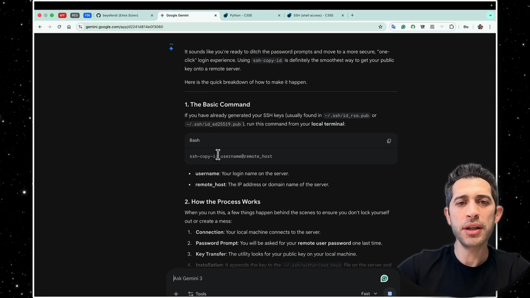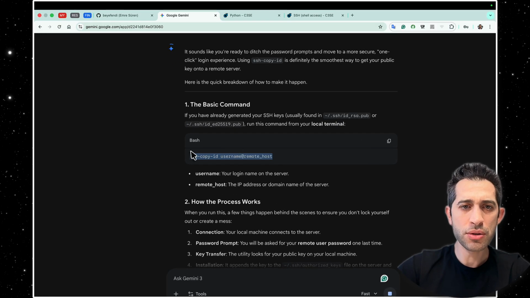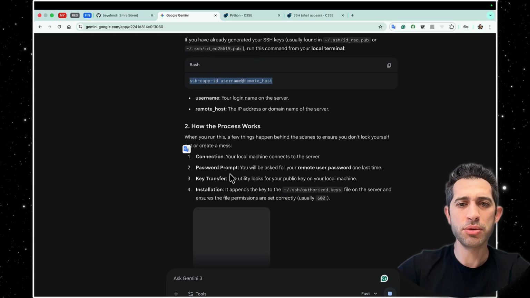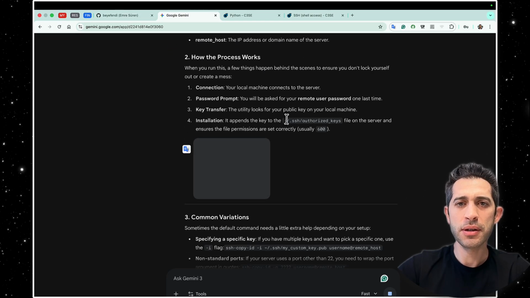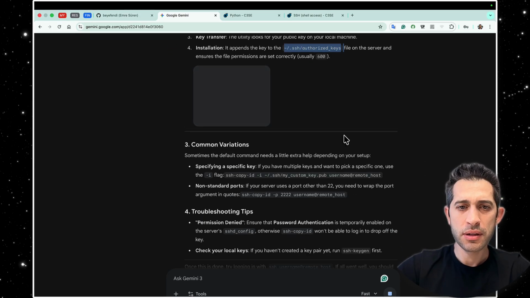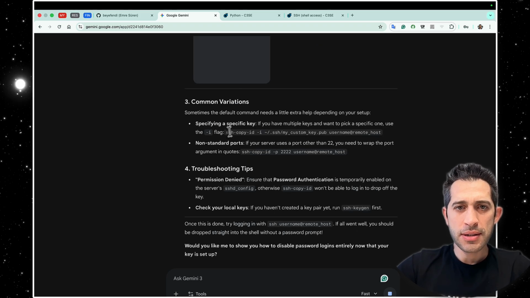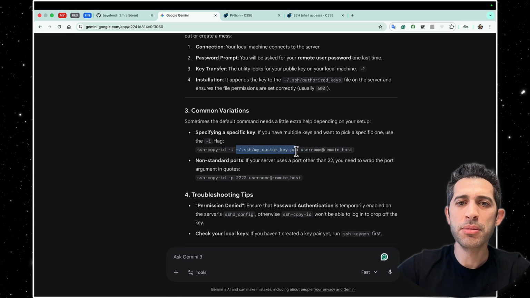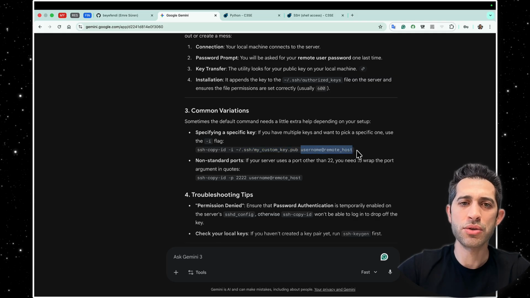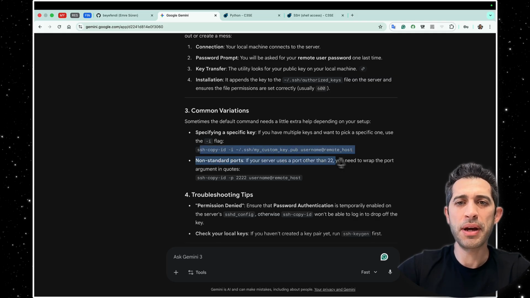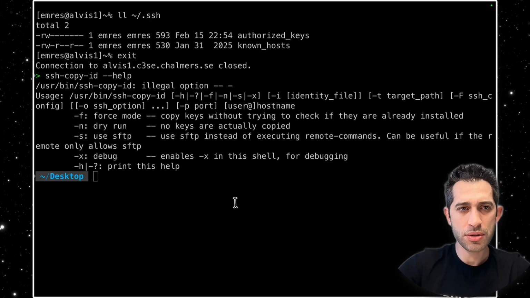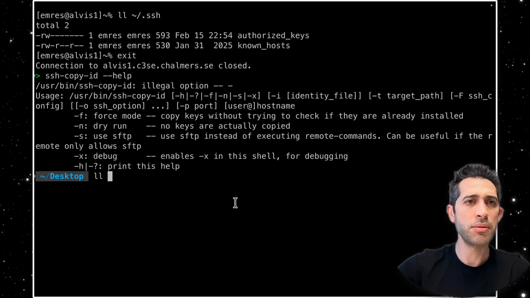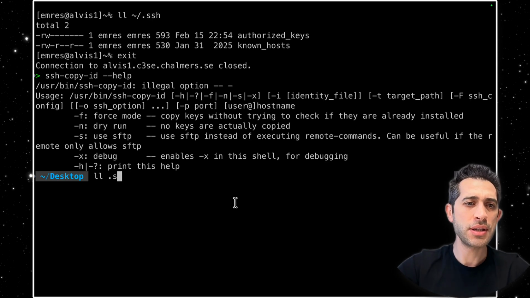ssh-copy-id username at remote host. This helps us to remotely connect. And ssh-copy-id -i, this is the name of the public key, and this is the remote host. Here is the command to securely send your data, because you also need to be careful about setting the permissions